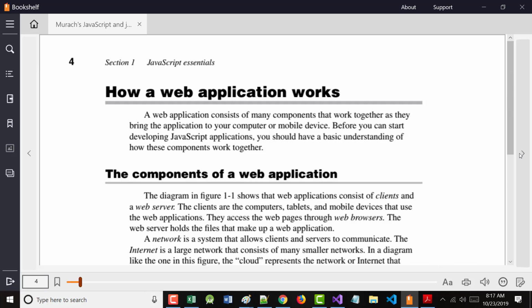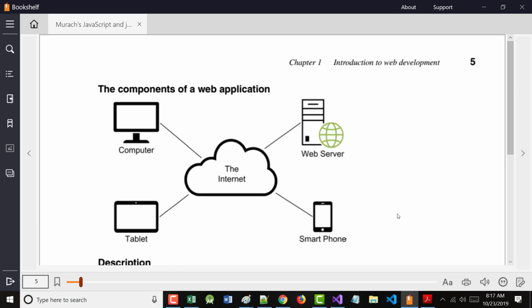So, Chapter 1. How a web app works. You saw this picture earlier. We looked at this when we started the course. So why talk about it again? Well, the reason for talking about it again is when you're in here and you're figuring out